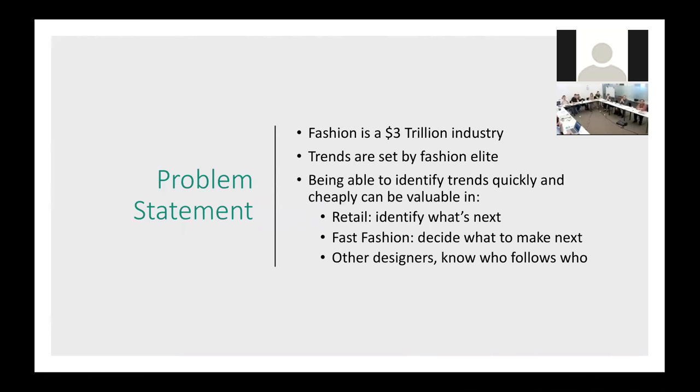So fashion's a $3 trillion a year industry that affects all of us, right? And we all participate in it. The trends of the clothes you wear are set by a fashion elite, and other designers tend to follow suit, and so being able to identify these trends